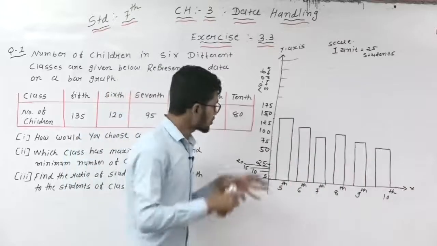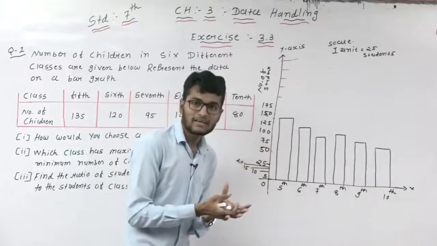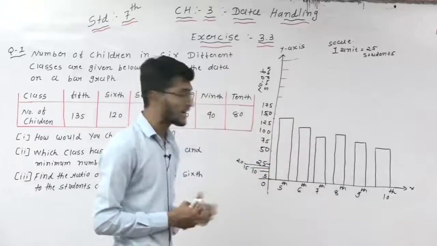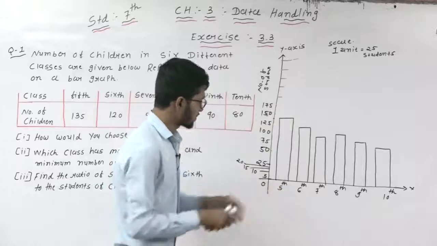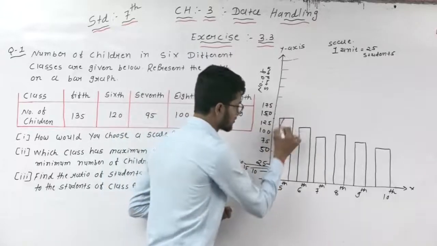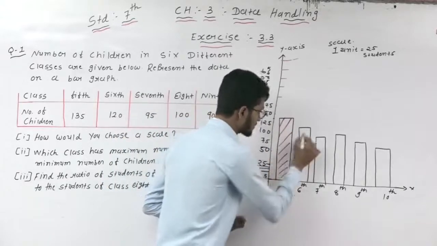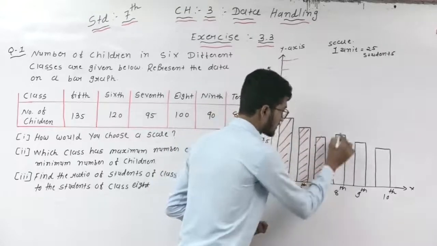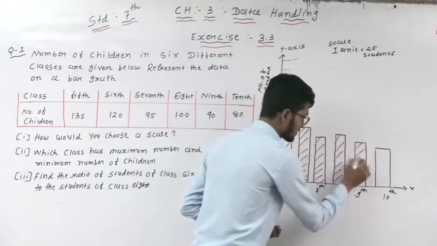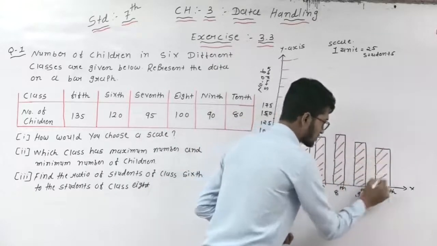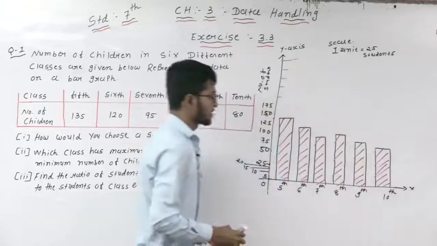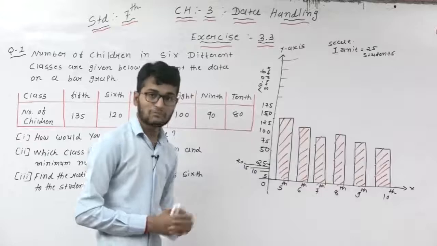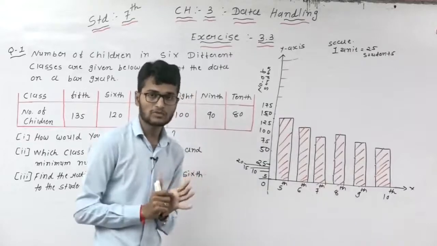Understand? Okay students, जब आप लोग बाद में बार ग्राफ यानी कि अपनी ग्राफ बुक में ग्राफ ड्रॉ करोगे तो आपको इस प्रकार का एक ग्राफ मिलेगा in these questions. So this one represents the 5th class, this one your 6th class, this one your 7th class. Then after this one is your 8th class, this one is your 9th class, and this one is your 10th class. Okay? किस तरह से बार ग्राफ ड्रॉ करना वो आपको समझ में आ गया.